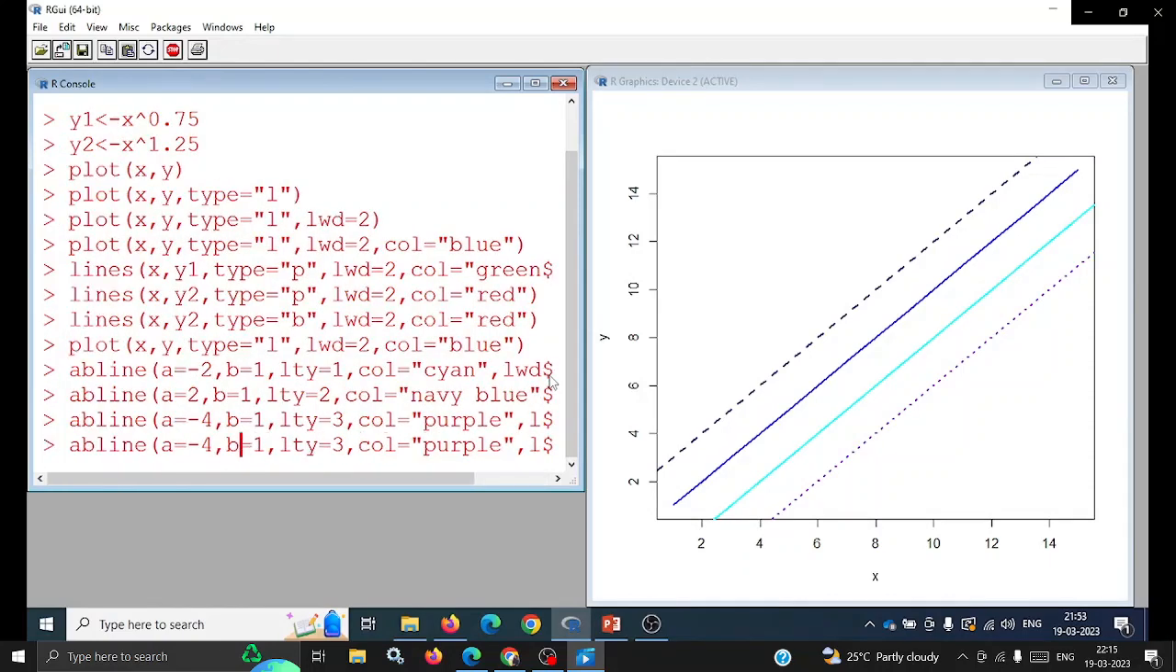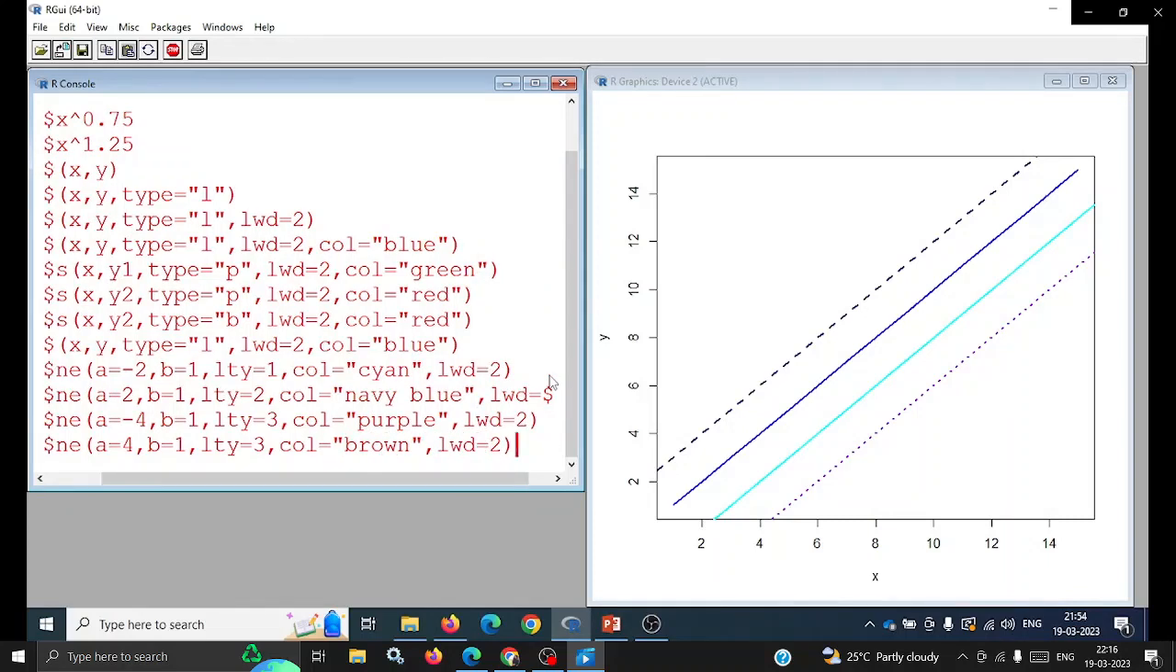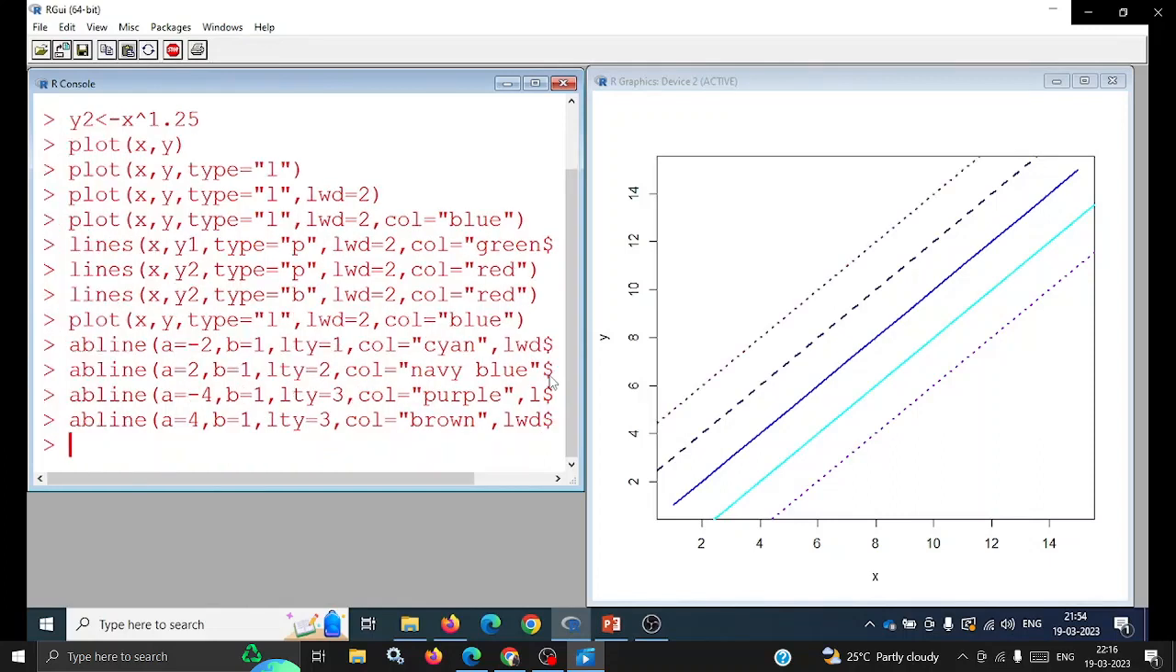Okay, next we can see that the y-intercept is +4. I'm going to edit the previous line, just remove the -4, and change the color to brown. I'm typing brown. Then I move the cursor and press enter. Because the type is the same, 3 earlier and 3 here, the same dotted